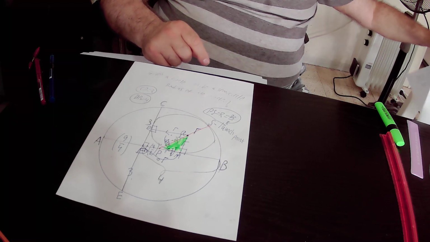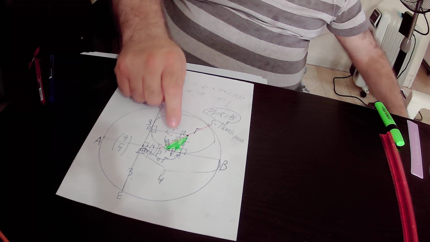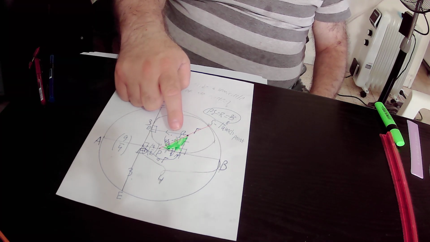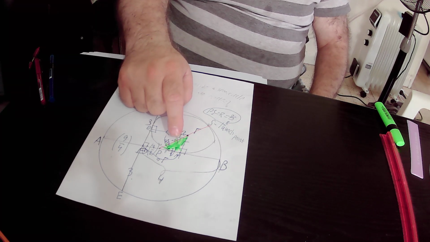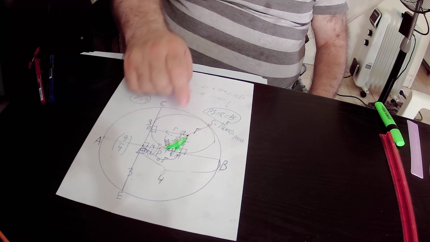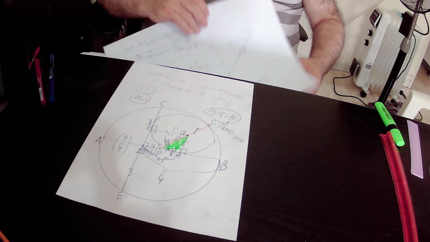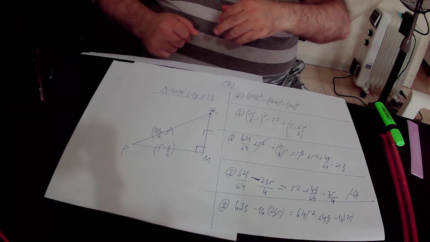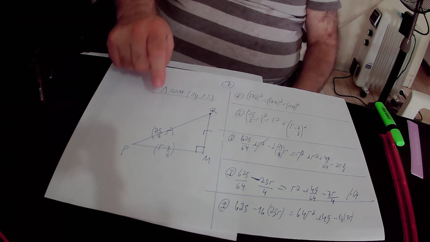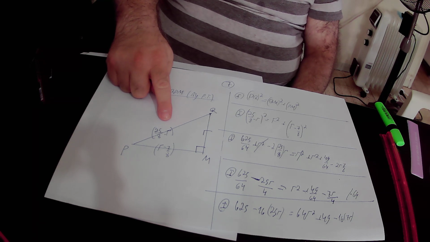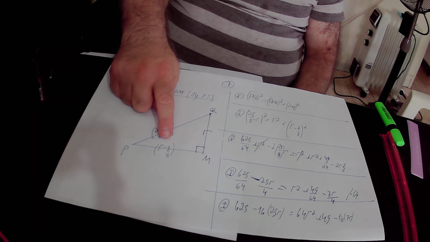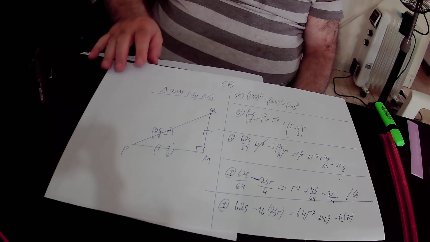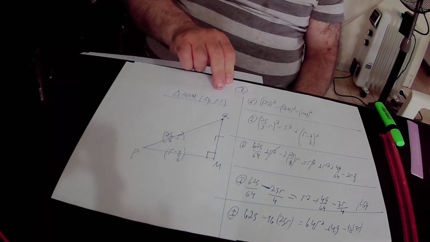So here we copied the right green triangle QPM onto a new page, and we implemented the Pythagoras theorem on this green right triangle QPM. This is the right triangle QPM that I copied from the original drawing. We know that PQ equals 25/8 minus small r, PM equals small r minus 7/8, and QM equals small r. So according to the Pythagoras theorem,